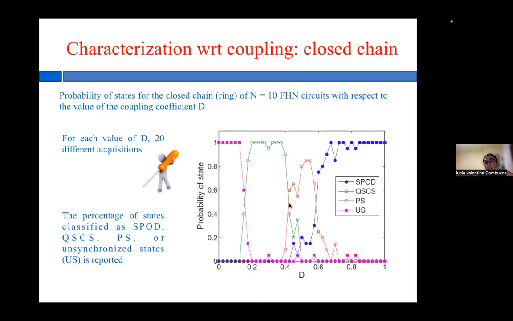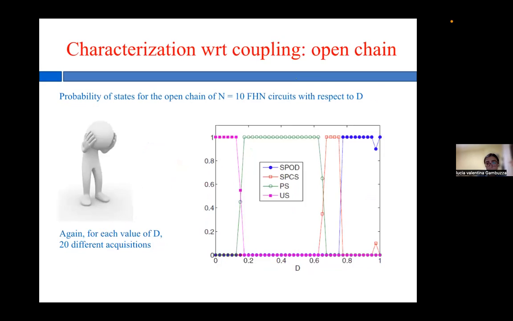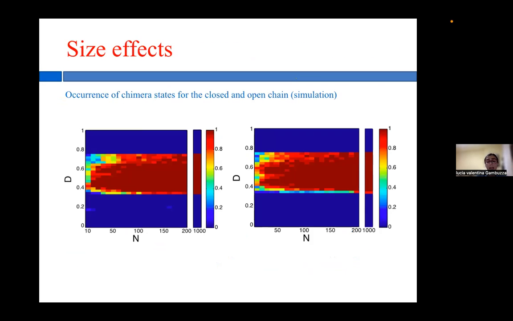So in order to say that our finding is stable, and that the chimera states that we found in our experimental setup are not transient chimera states. Okay, we have also looked at the size effect of this particular state, because we have just considered